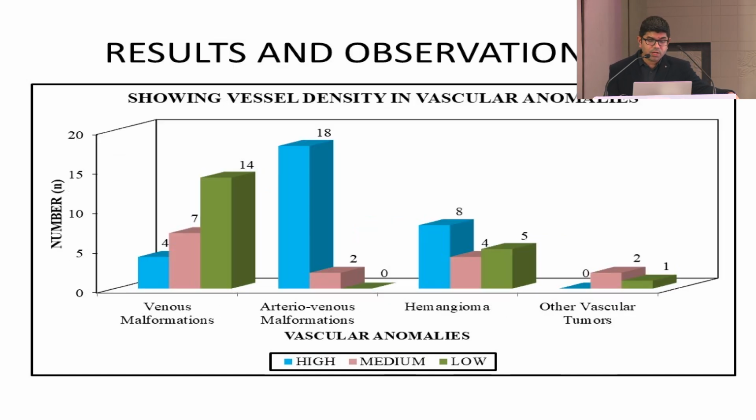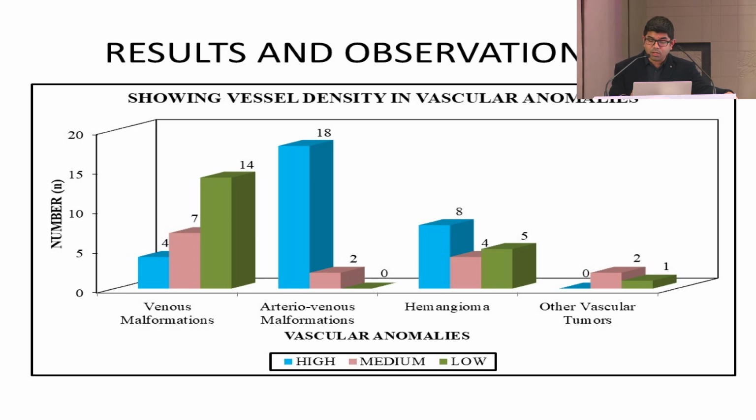Vessel density: if we compare venous malformation, arteriovenous malformation, and hemangiomas, other vascular tumors we can keep aside for the time. Hemangioma usually, as we know, has 3 phases. Initially, it's a proliferating phase for a year or so. Then it goes into a stationary phase, and then it involutes, by around 7 to 10 years. It completely involutes if it is an infantile hemangioma. Otherwise, a non-involuting hemangioma will persist, and a partially involuted one will also persist.